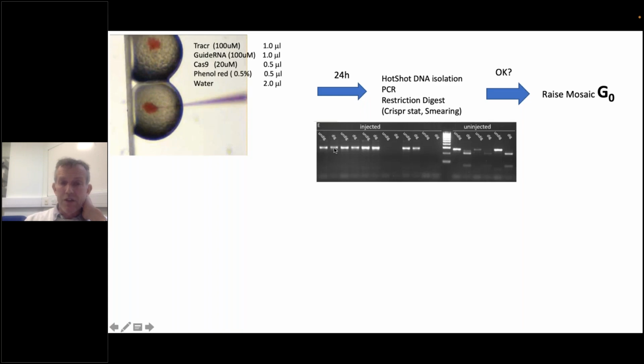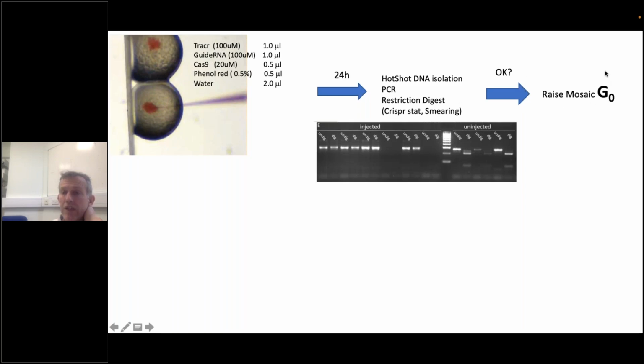As you can see over here, we have digested DNA and undigested DNA, and there's almost no digestion taking place anymore in comparison to the undigested ones. So that means that the CRISPR that we have selected is actually working, and it's creating mutations at the site of interest.